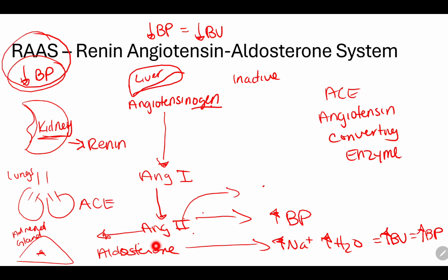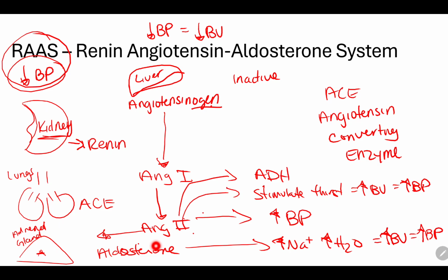Angiotensin 2 will go up to the brain, the hypothalamus, and stimulate thirst, right? You bring in more fluids, that increases your blood volume, that increases your blood pressure. It also goes up to the hypothalamus and tells it to release ADH. ADH is going to be sent down to the kidneys to conserve fluid volumes, conserve that water. You conserve your water, you increase your blood volume, you increase your blood pressure, right? And we'll talk about the other effects that it will have, but this is just a basic overview of the